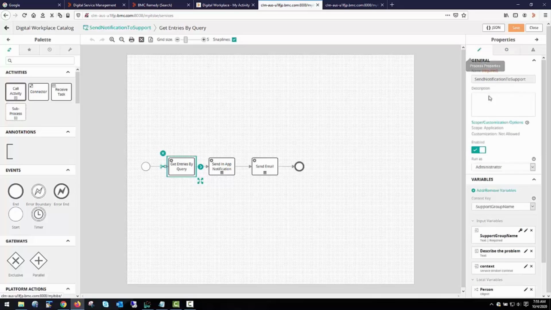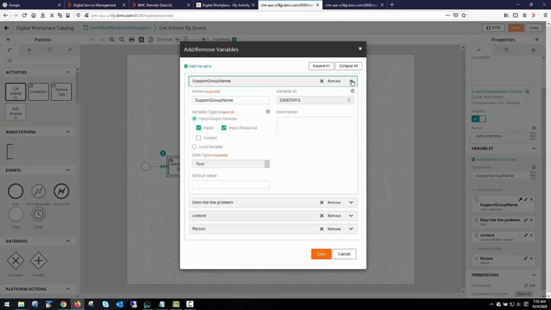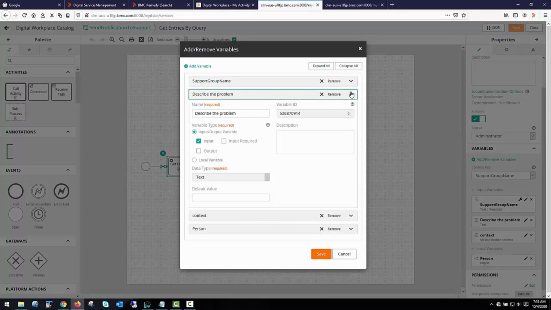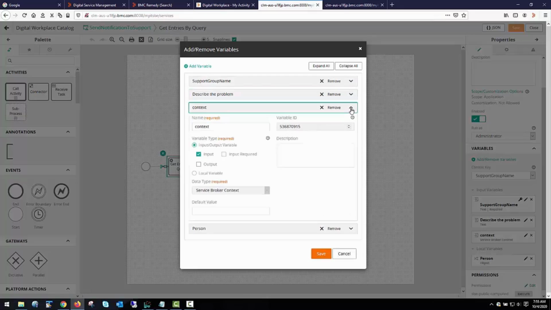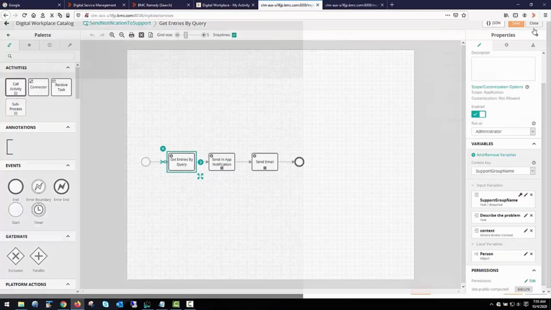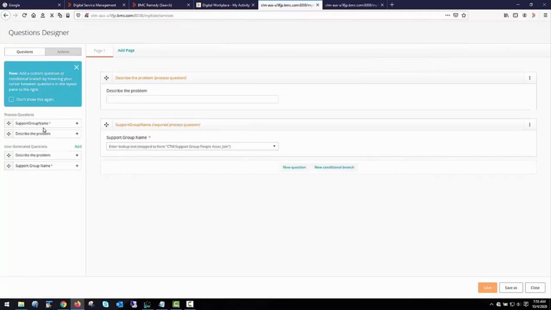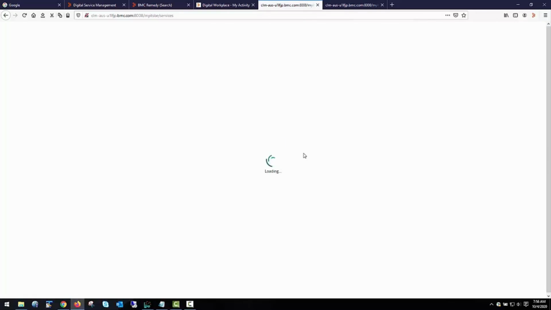Actually, before we look at the get entry by query, let's look at the variables we have defined since we spoke about variables earlier. We have a support group name variable, which is an input variable, and it's required. And we have a describe the problem variable, which is input as well. And we have service broker context, and then we have person, which is a local variable, which is going to be utilized in the multi-instance loop. If we check our questions, because we had mentioned the process input variables, we see that 2 of them were already predefined, the process questions. Those came in for us as we had defined those input variables. So back in the workflow,